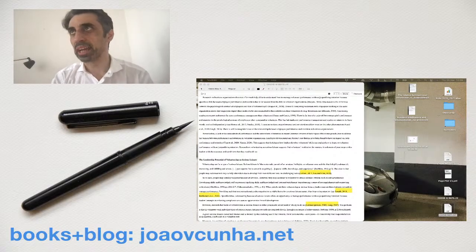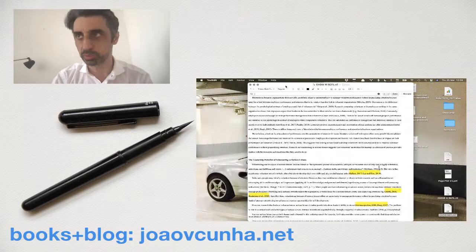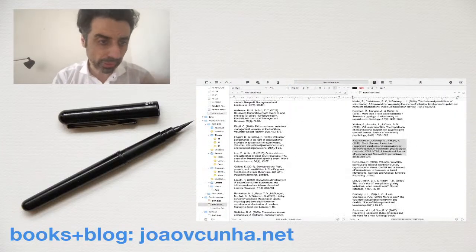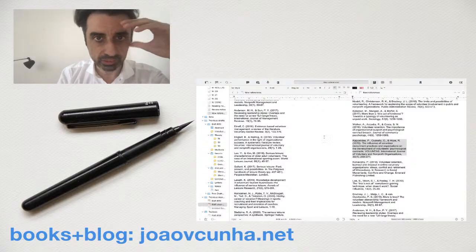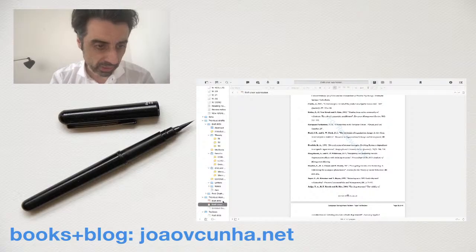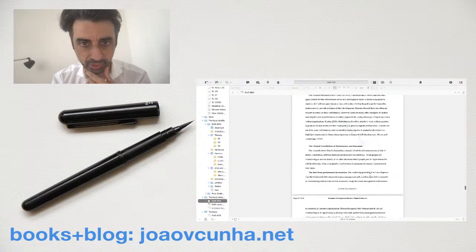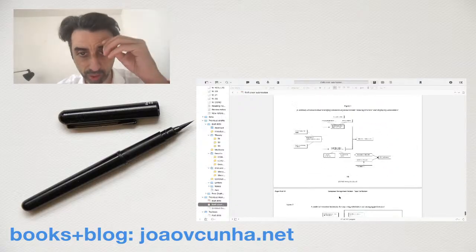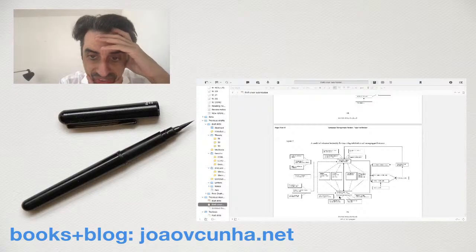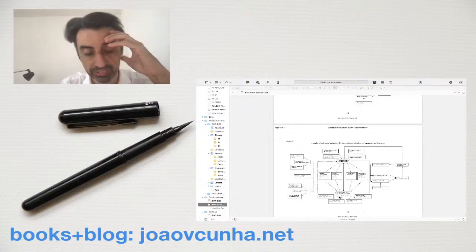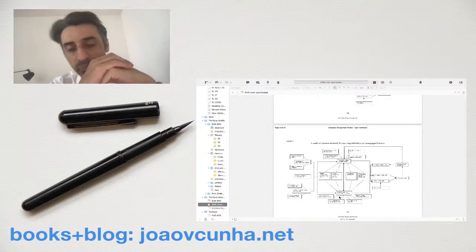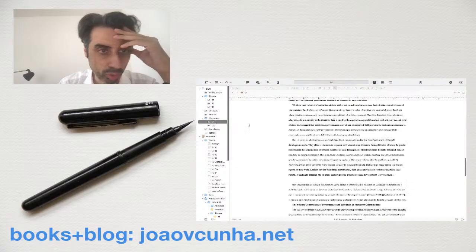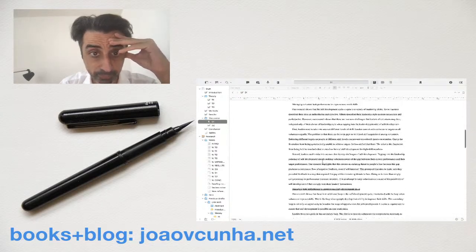Because I like figures very much, I'm using multiple screens because of the references. I've already done something of a figure in a previous version of the paper. So this is the version I'm working on. As you see, no figure, okay? And this is the previous version where I did have a figure that they didn't like. Okay, good. So what do we have for a figure? If we go to the text here,